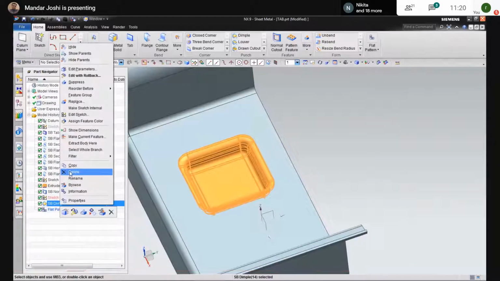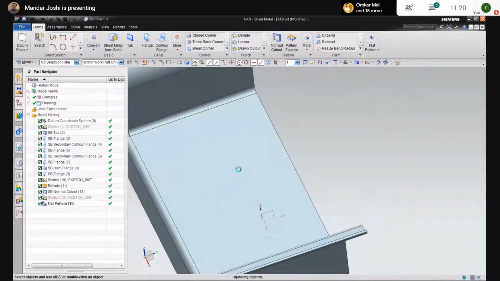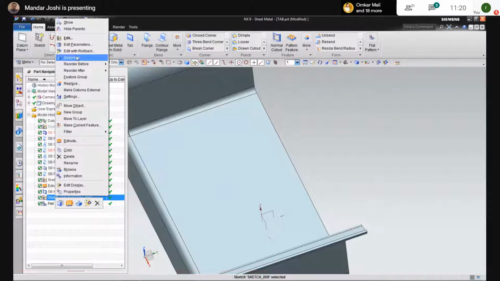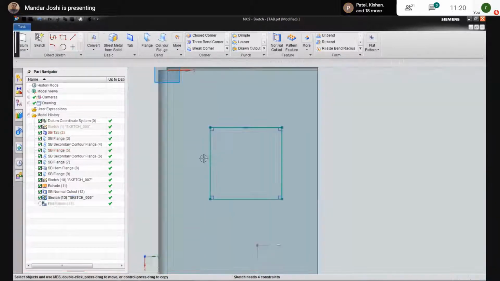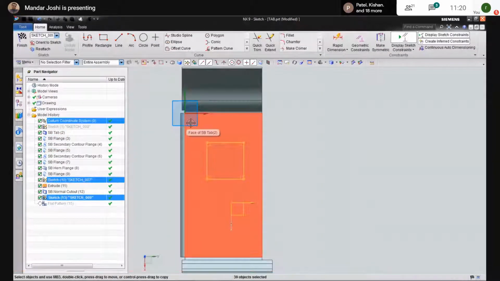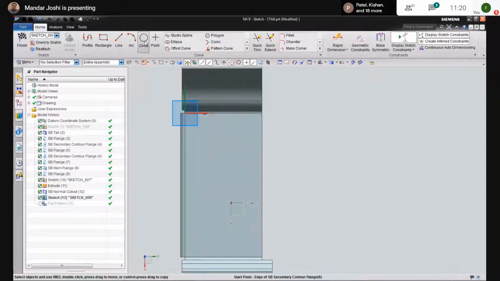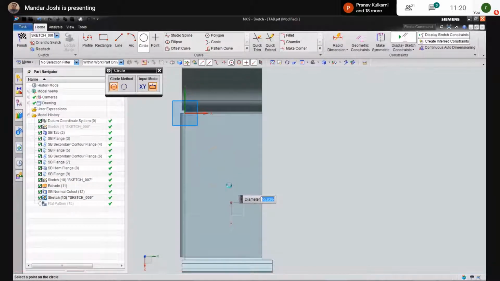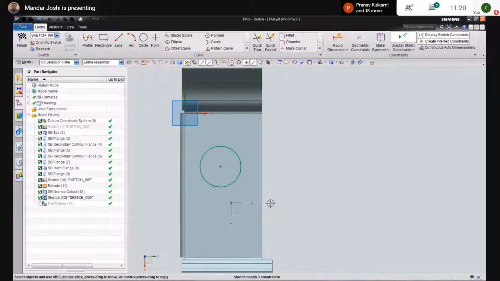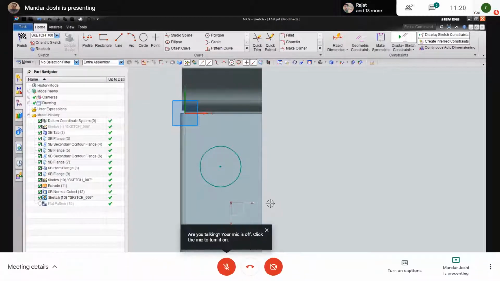Next, suppose the profile in the dimple command I change to a circle. Then what will happen? It shows one error. In the earlier rectangle profile, there are 4 corners or vertices. But for a circle, how many corners or vertices are there?